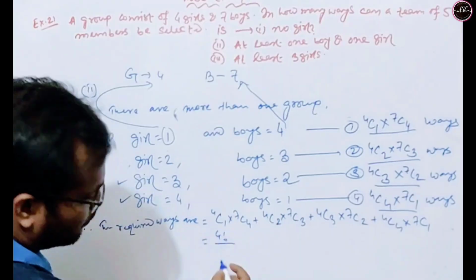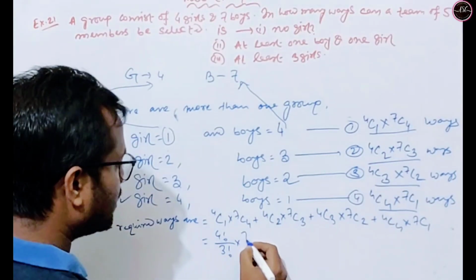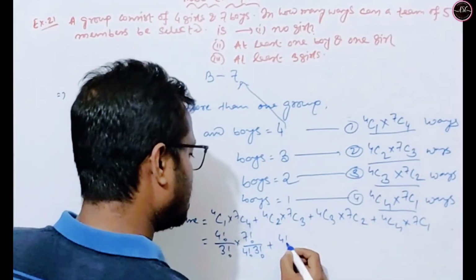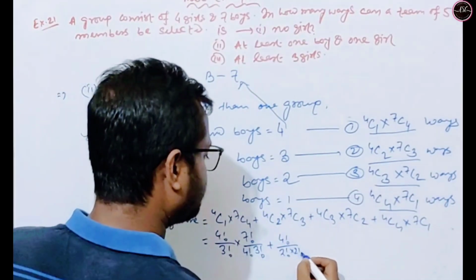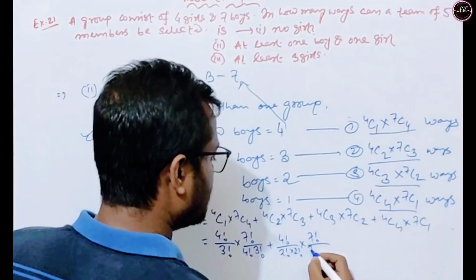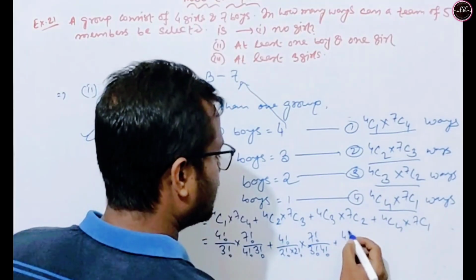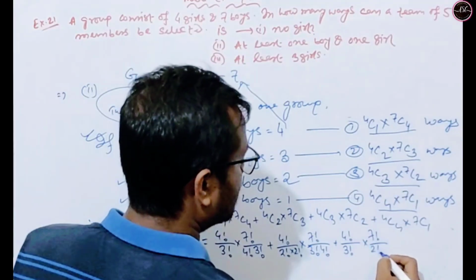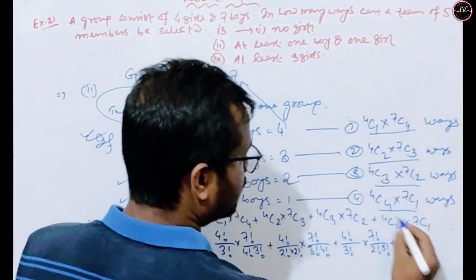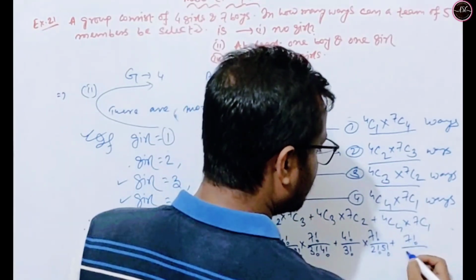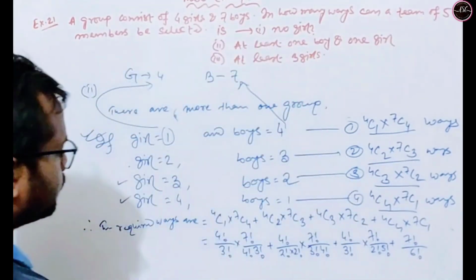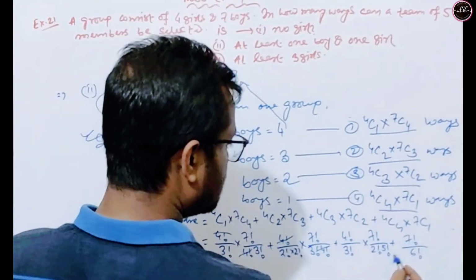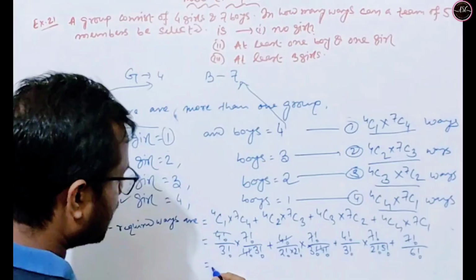We have 4 factorial divided by 1 factorial into 3 factorial, into 7 factorial divided by 4 factorial into 3 factorial, plus 4 factorial divided by 2 factorial into 2 factorial, into 7 factorial divided by 3 factorial into 4 factorial, plus 4 factorial divided by 3 factorial into 1 factorial, into 7 factorial divided by 2 factorial into 5 factorial, and here 4C4 equal to 1, into 7 factorial divided by 1 factorial and 6 factorial. Okay, so just cancelling this we get